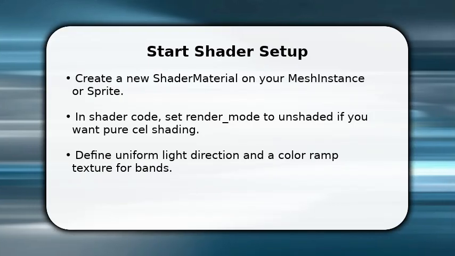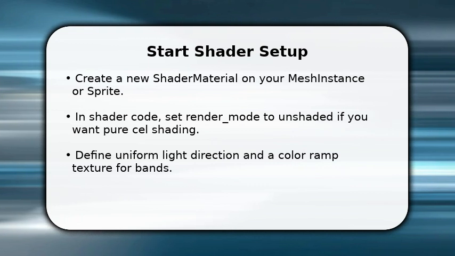You begin by attaching a shader material to the mesh. This is where you control lighting and bands. Once attached, open the shader editor and set render mode to unshaded if you need full Toon control, otherwise keep